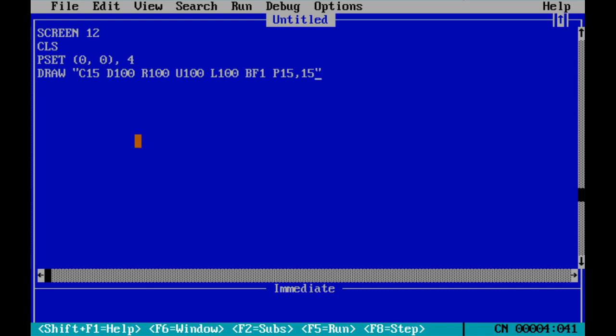The last one is for color. Just run this command.